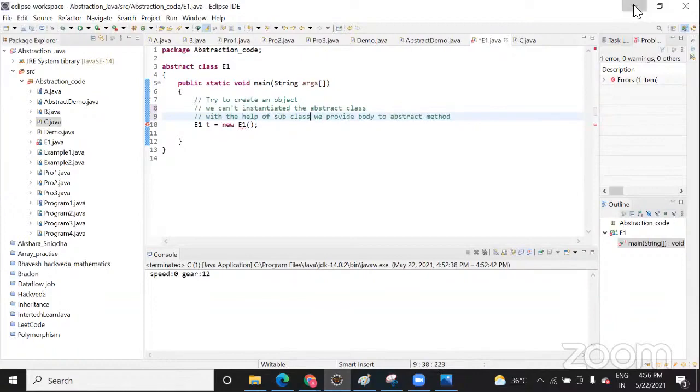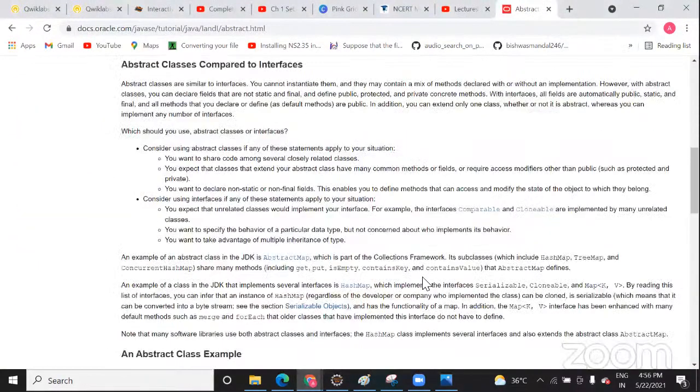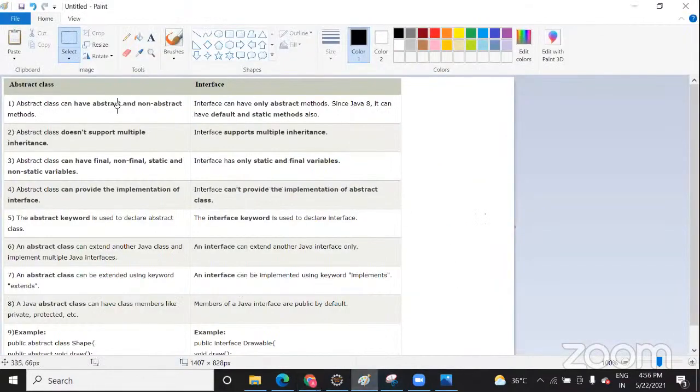So here, as you know, if you want to know what the difference is between interface and abstract class, then you can check it here. I have already added it.